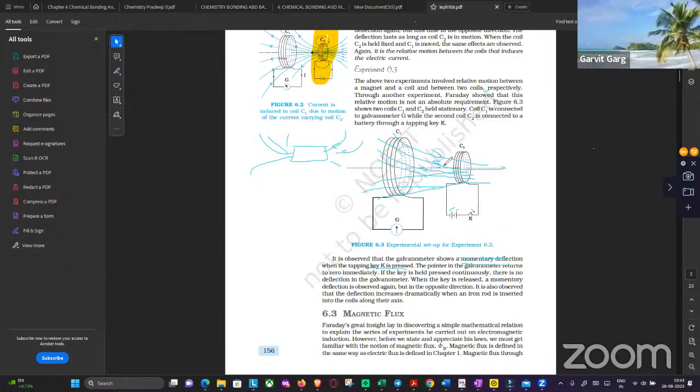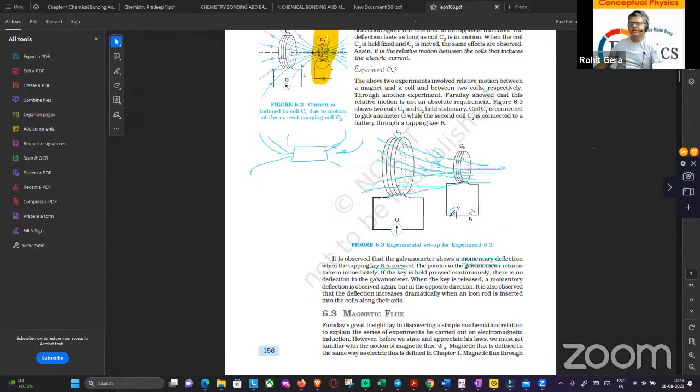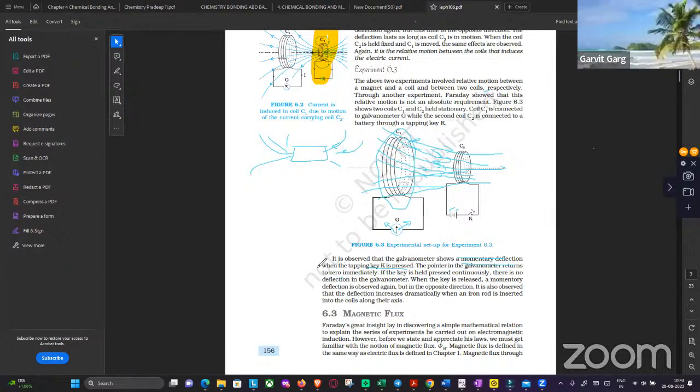ये साउथ पोल बन गया, अभी देखो करंट की डायरेक्शन बदलने से तो अभी भी रिलेटिव मोशन होगा, you will still see the deflection, but you will see that the deflection is in the reverse direction. जब ये नॉर्थ पोल बन के काम कर रहा था तो मैग्नेटिक फील्ड लाइंस ऐसी थी, तब डिफ्लेक्शन मान लो ऐसी हुई, लेकिन अब इसको उल्टा बैटरी से साउथ पोल बना दिया, ऐसे वाली मैग्नेटिक फील्ड लाइंस, the deflection will be on the other side. समझ गया? And mind you, this, if you bring this